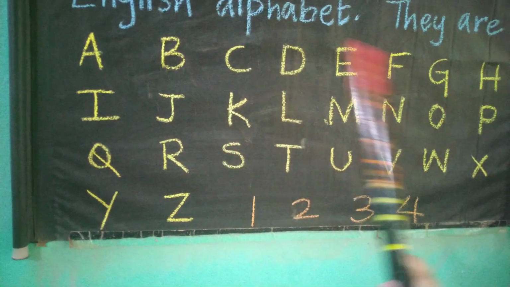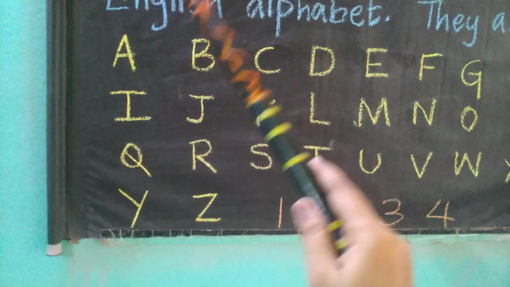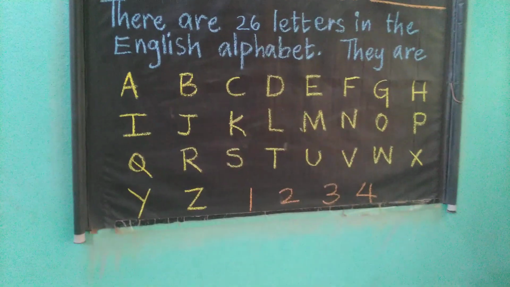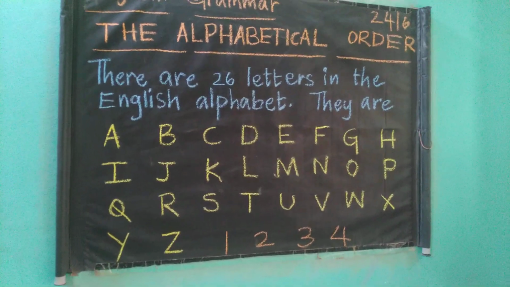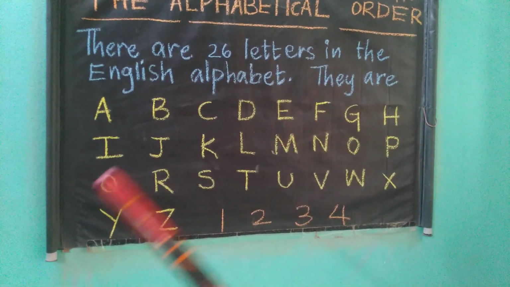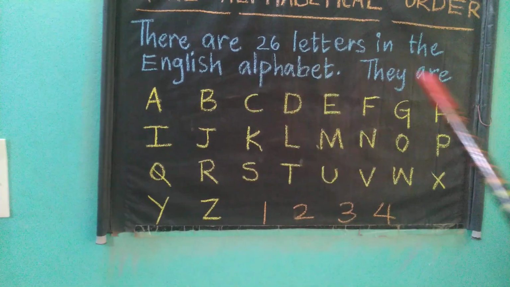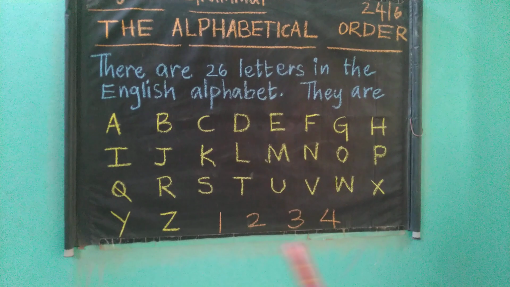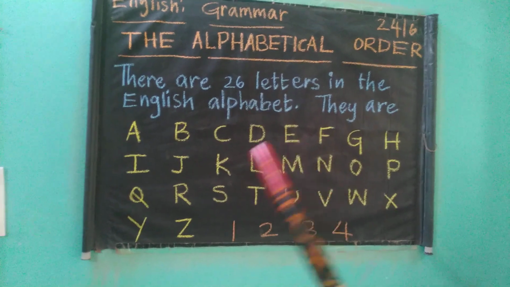If I give you a zigzag of letters, you should be able to write which letter comes first, which letter comes next, like that. You should be able to write the given scrambled letters into the correct alphabetical order. Did you get my point? So remember the order of the alphabet. If any scrambled letters are given and you are asked to make them into proper order, you should follow this order and make those scrambled letters into perfect order. In my next video, I'll explain the alphabetical order with an example.